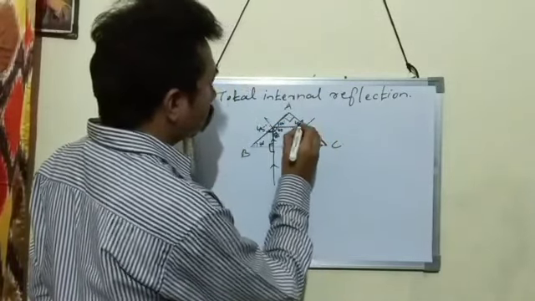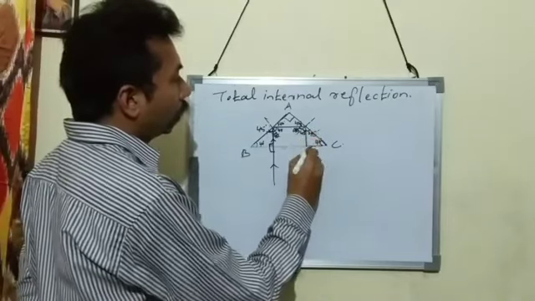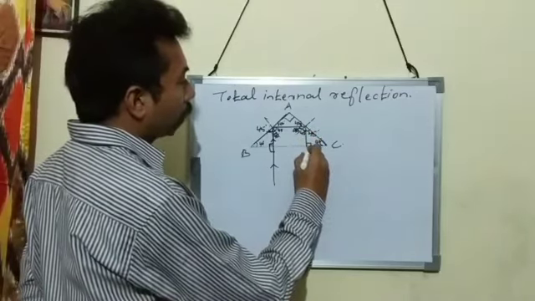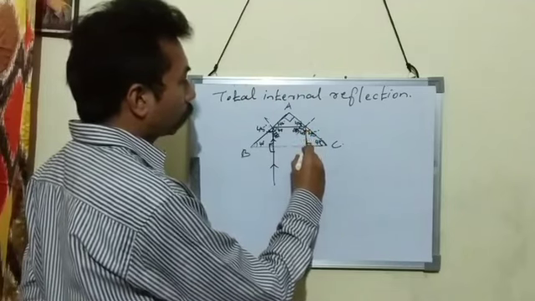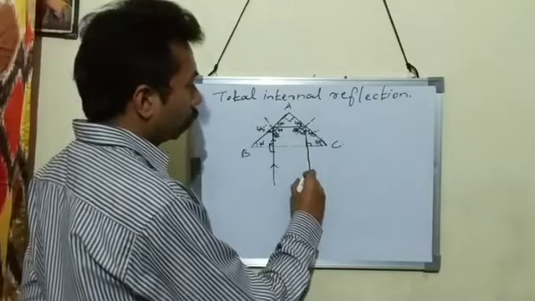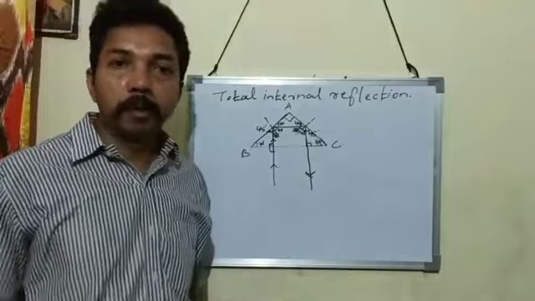So this is also 45 degrees. Then what is the magnitude of this angle? That is 45 degrees. What is the magnitude of this angle? This is 90 degrees, meaning the ray is striking this surface normally, so it will come out undeviated. This is the complete ray diagram.